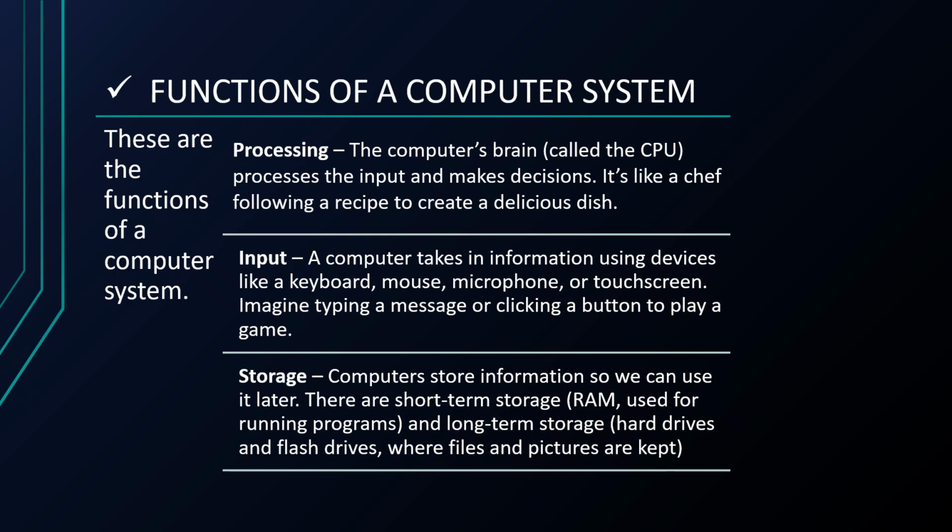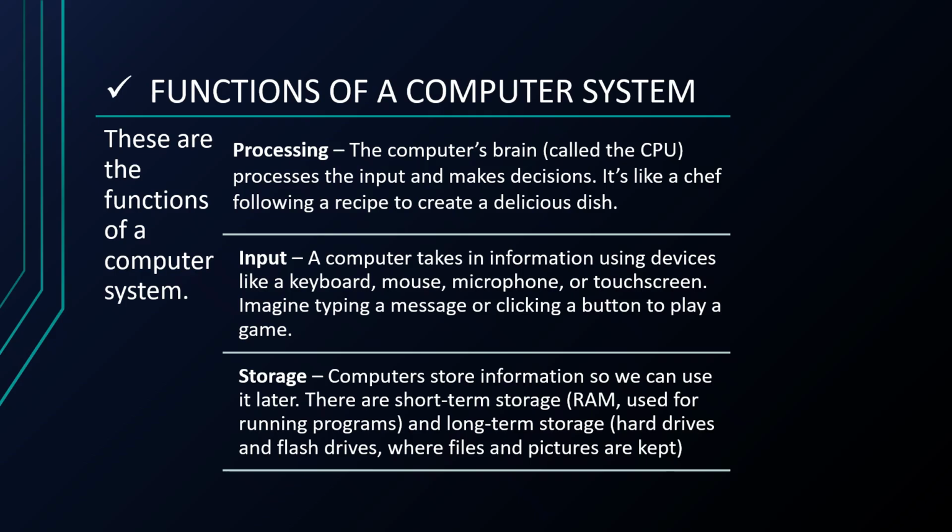Functions of a computer system. 1. Processing. The computer's brain, called the CPU, processes the input and makes decisions. It is like a chef following a recipe to create a delicious dish. 2. Input. A computer takes in information using devices like a keyboard, mouse, microphone, or touchscreen. Imagine typing in a message or clicking a button to play a game. 3. Storage. Computer stores information so that we can use it later. There are short-term storage, e.g. RAM, random access memory, used for running programs, and long-term storage, hard drives and flash drives,